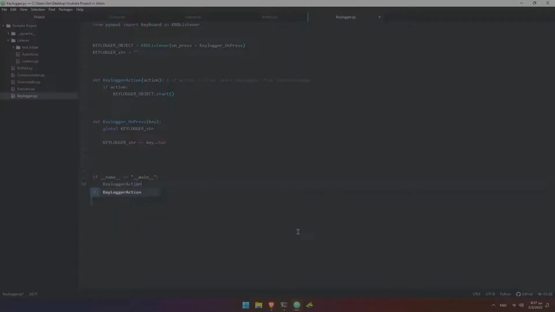keylogger action true, and I'd like to import time, to have a time.sleep for 2 seconds, I guess, and then print keylogger str. So